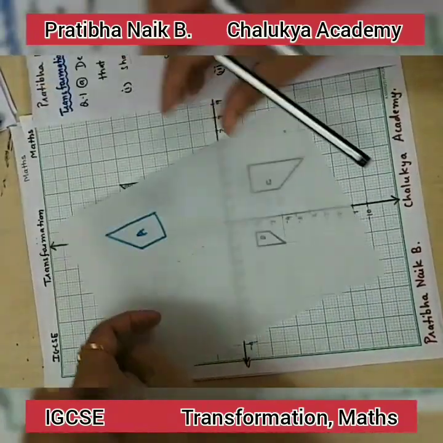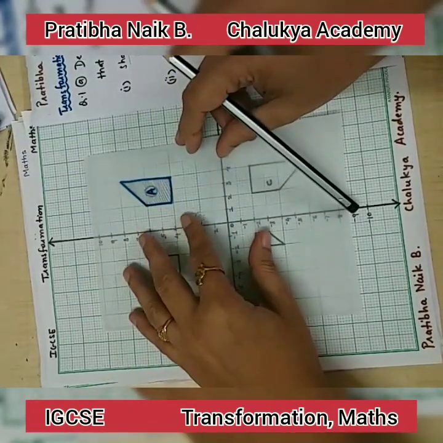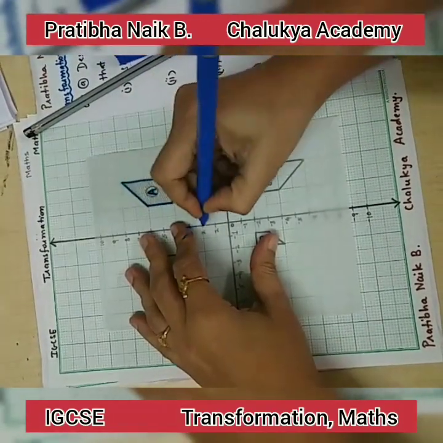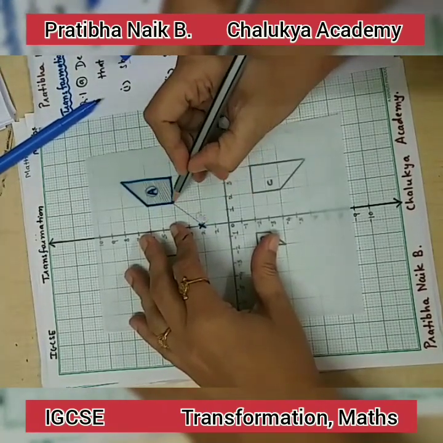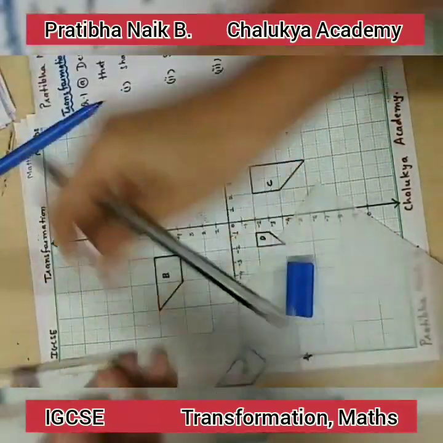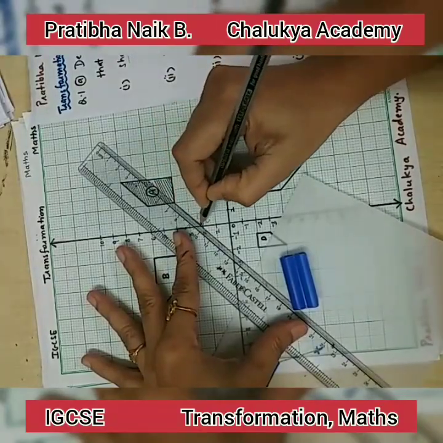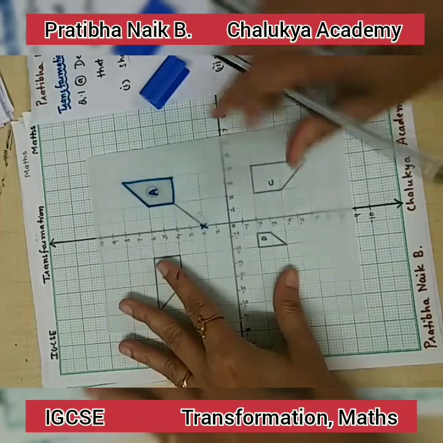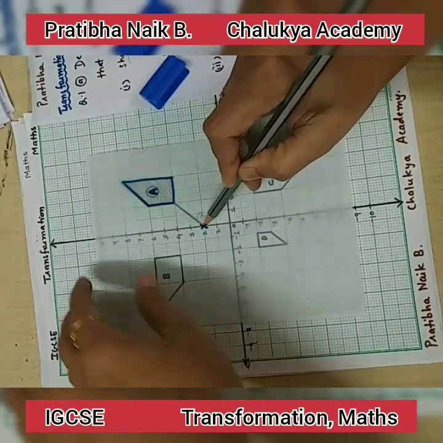Okay, next, now we got the origin. Now what we have to do? We have to find out the angle. So what we can do here, we just put the cross at the origin and we will draw the line over here. Also, we are drawing the line on the graph paper, so we will exactly come to know whether it will rotate 90 degree or 180 degree. Now we know we are rotating in this way, that means it is anti-clockwise. Now let's see whether it is 90 degree or 180 degree.